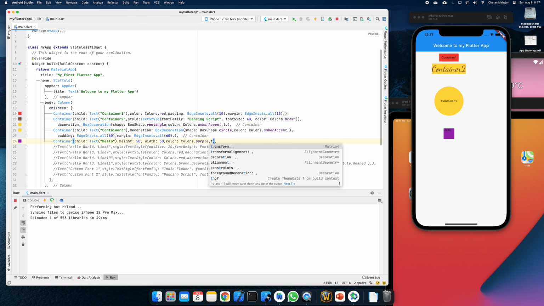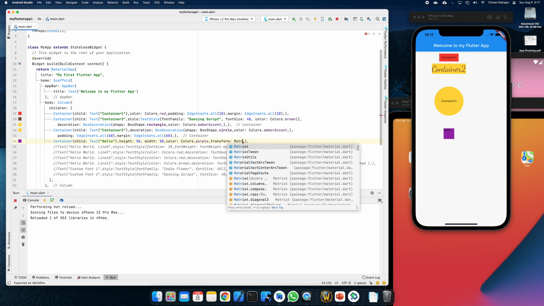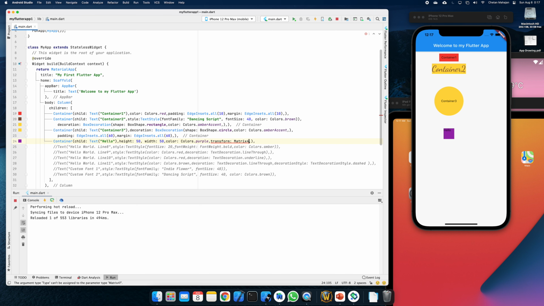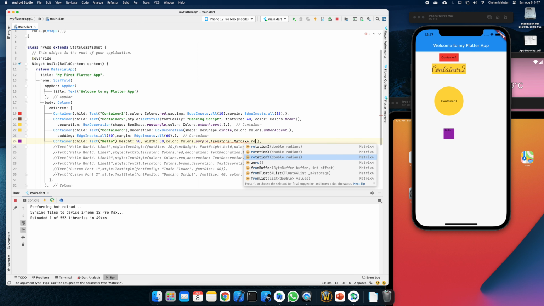As you put your mouse on top of the transform, in case you are not sure, it is of type matrix 4. So matrix 4, and you want to rotate it. Again, you can rotate it by X, Y, and Z. Let's say if you want to rotate by X,